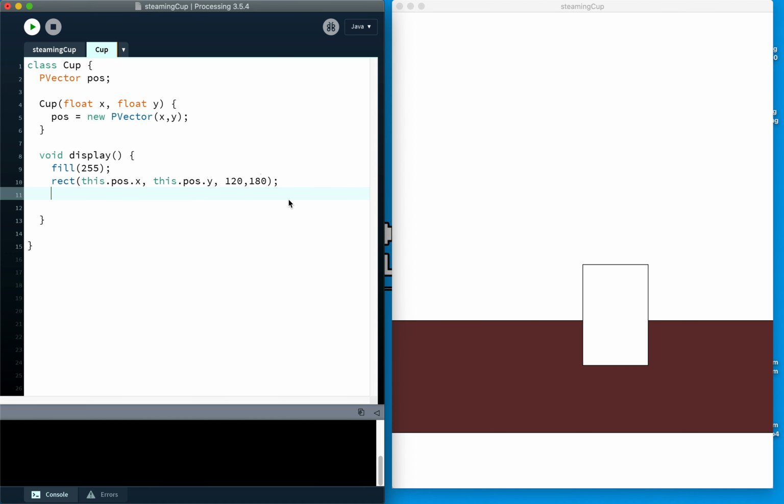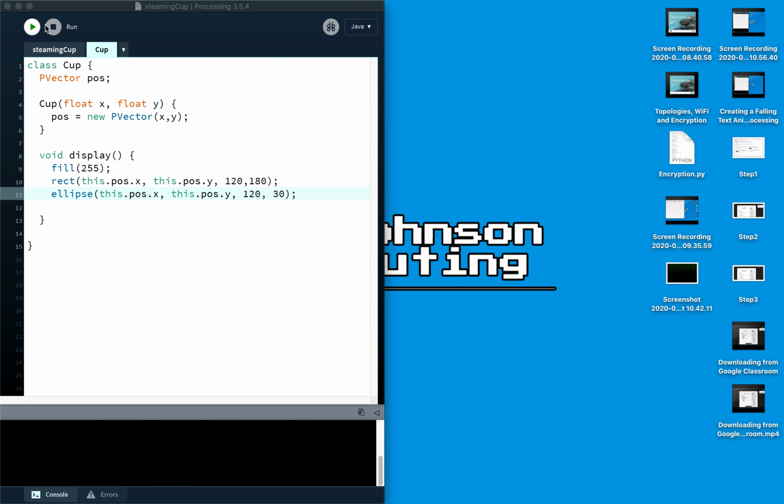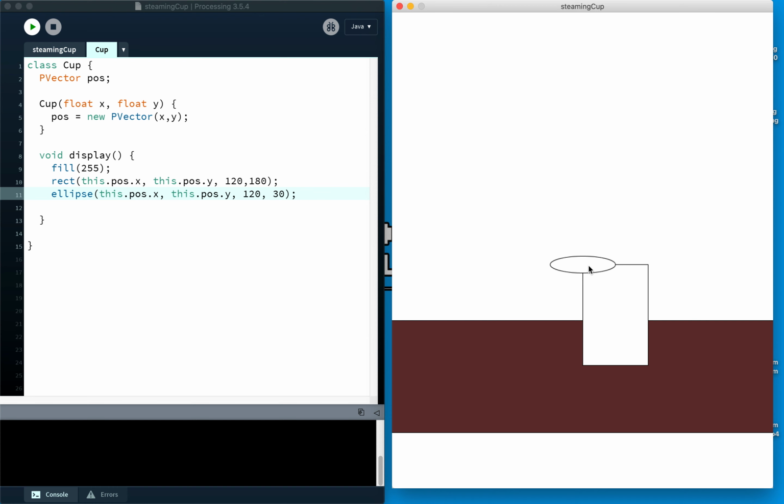Now what I'd like to do on top of that rectangle is draw an ellipse. An ellipse is just a fancy word for an oval, but we're going to draw that at this.pos.x, this.pos.y, and we want it to be as wide as the cup, so 120 wide, but we don't want it to be very tall, so maybe 30 tall. This is going to form the mouth of our cup. You can see here I just need to tinker with the positioning. So I think I just need to push it over. If I do this.pos.x plus 60, because it's 120 wide, it looks like it's in the middle. So if I add 60,